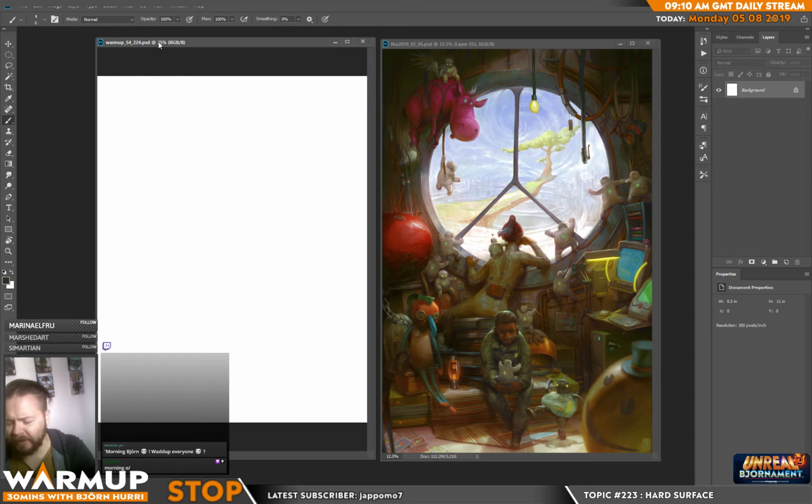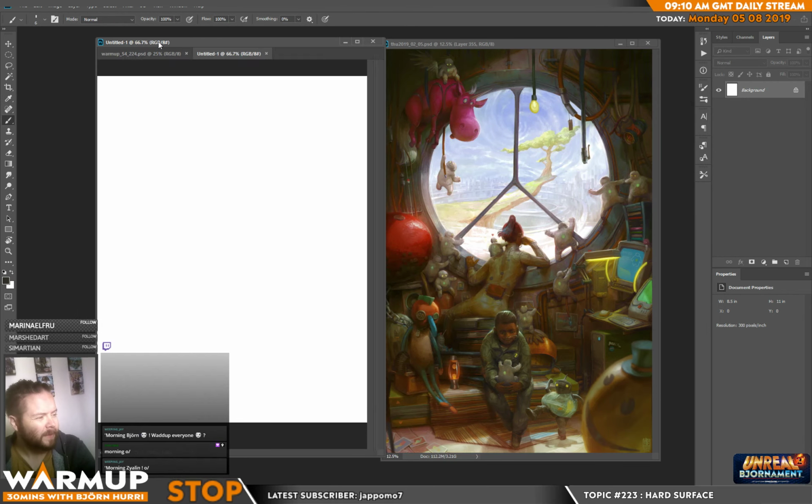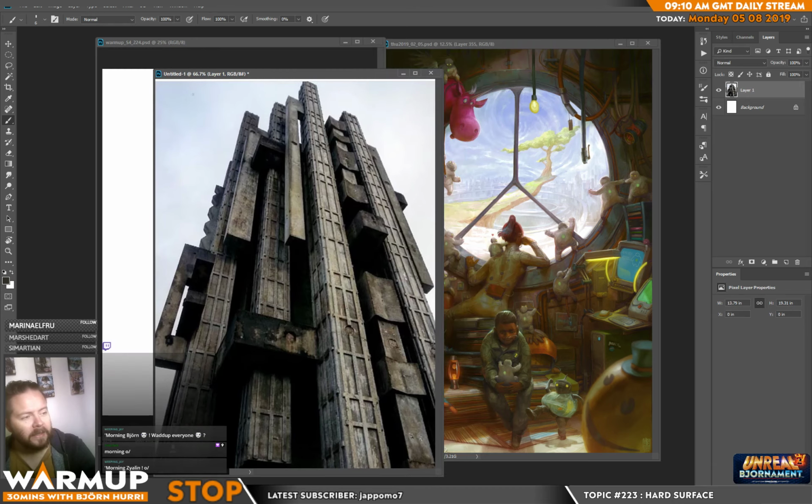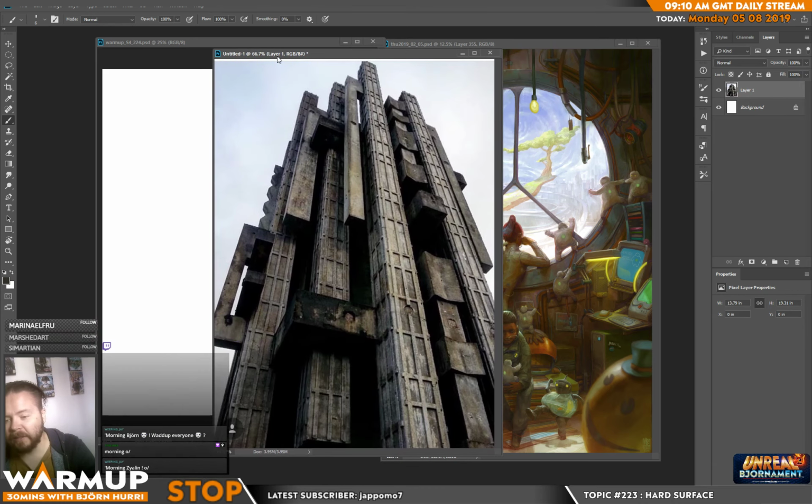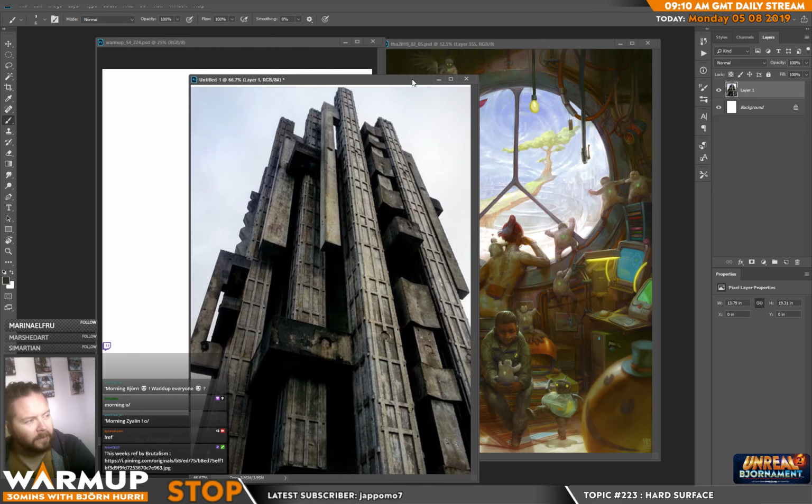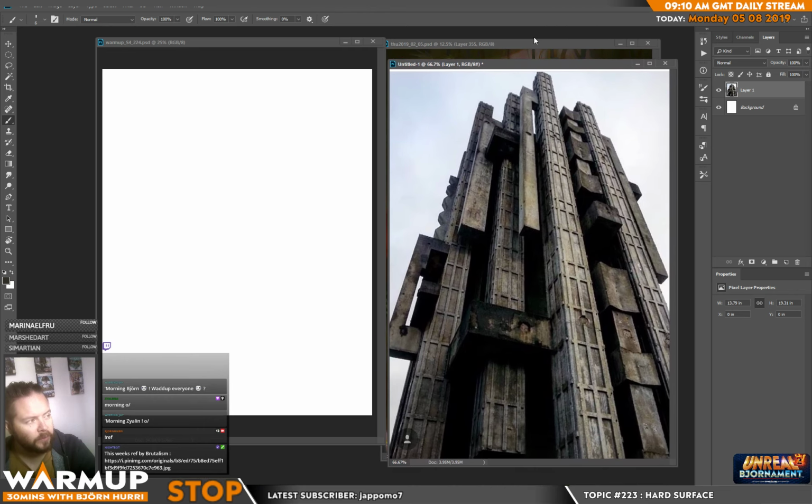So that's the result of the golden ticket. It ended up looking like that. And this is this week's reference, this week's study. You type ref, get the ref. It's an architectural style called brutalism, but I won't be doing